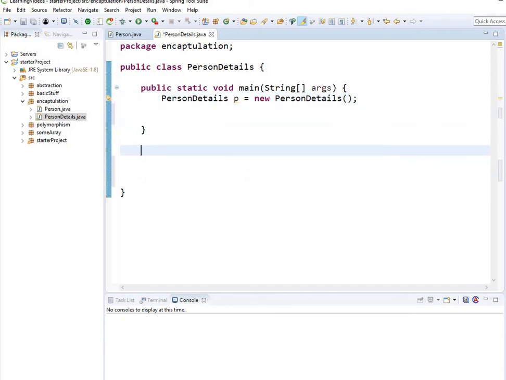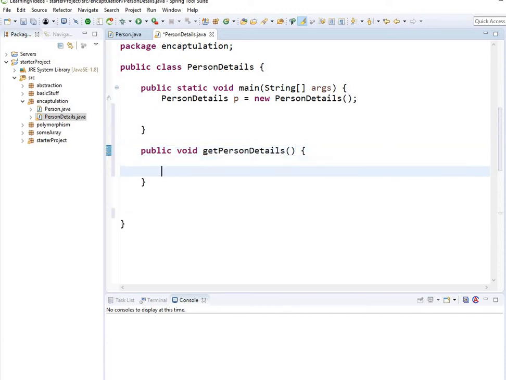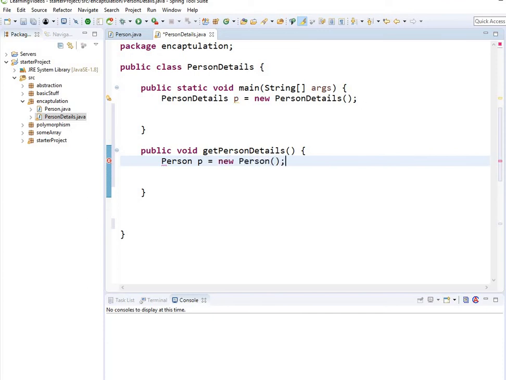Now what do you want here? You want that information now to be used, right? So let's put some public void. Let me create one, get person details, right? So I want to create an object of that class, and then I want to print